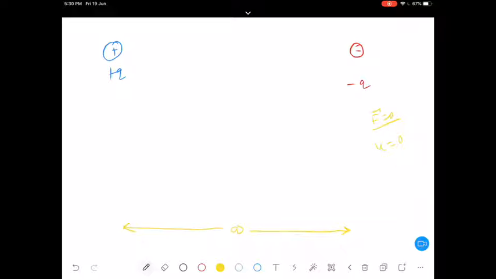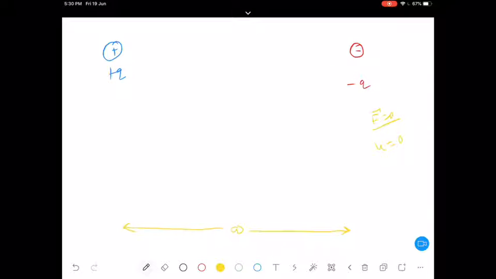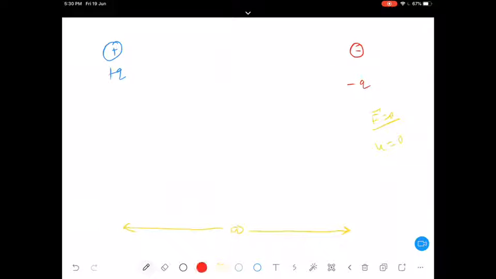Potential energy we consider to be 0, kq1 q2 by r, in this case. Now these two charges, if they are brought to a certain distance of r,